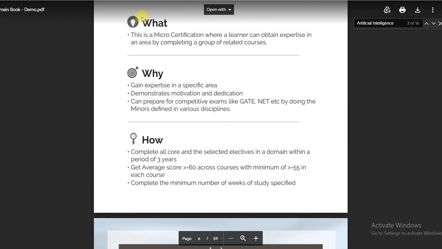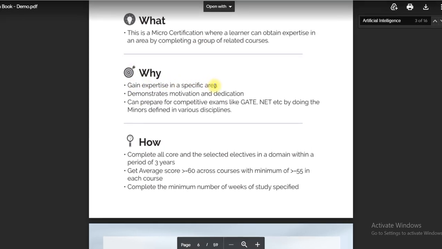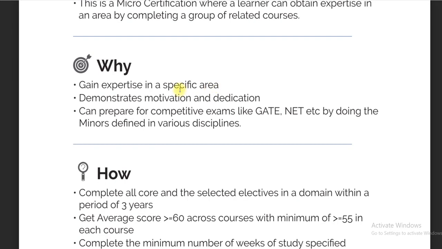This is a micro certificate where a learner can obtain expertise in an area by completing a group of related courses. You have to complete like 6 courses, 10 courses, like that, and you will see all those details. You gain expertise in a specific area and demonstrate motivation and dedication.